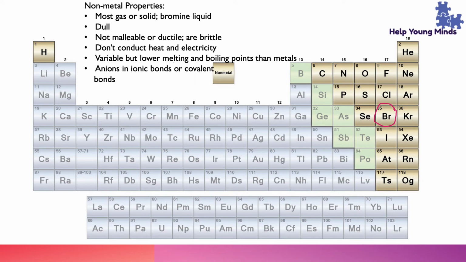Another thing I want to add is that nonmetals tend to form anions in ionic bonds, so they tend to gain electrons and become negative. And they can also form covalent bonds with other nonmetals, and they can share their electrons rather than giving up electrons or gaining electrons. And one specific nonmetal that I want to bring attention to is hydrogen,